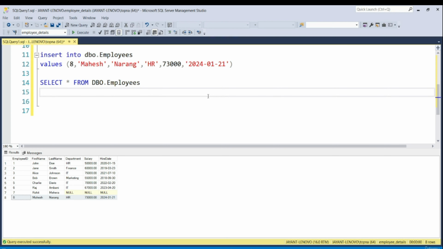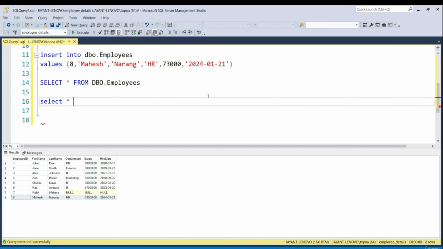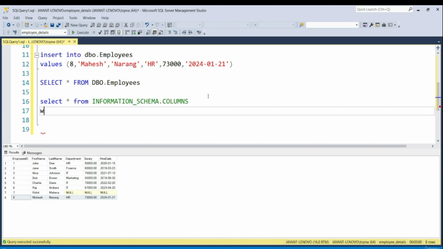So you can write select star from information underscore schema dot columns where table underscore name is equal to, inside the single quotes. We could also use the like operator, but we will study about the like operator in the upcoming session. So as of now, you can write select star from information underscore schema dot columns where table name is equal to